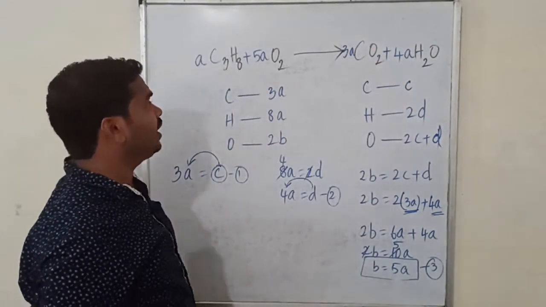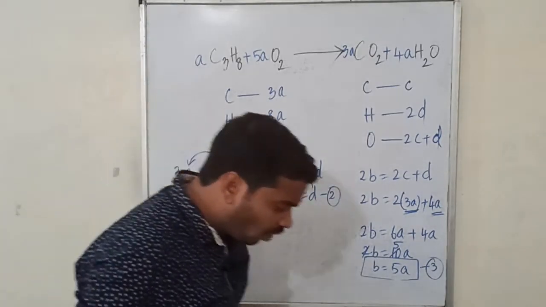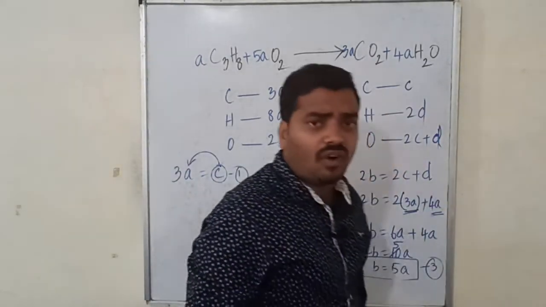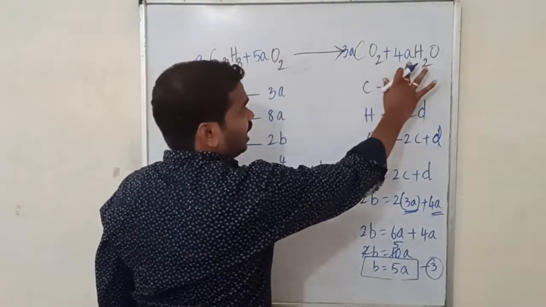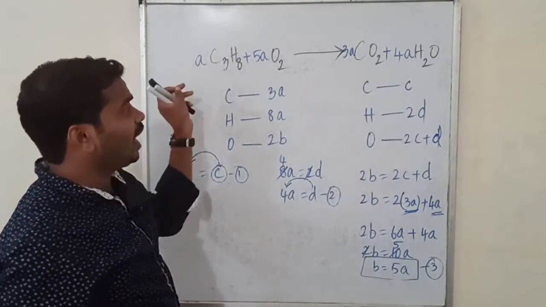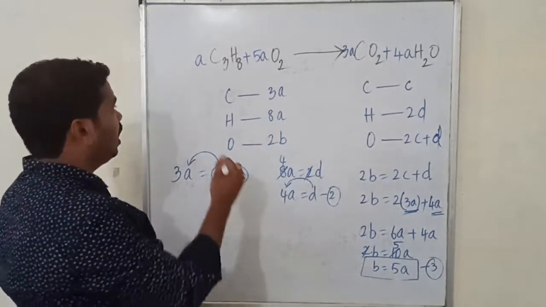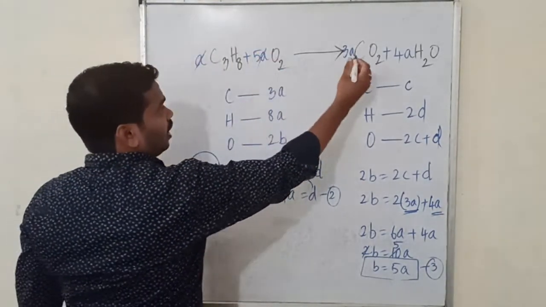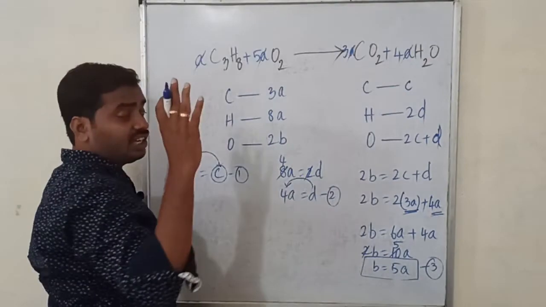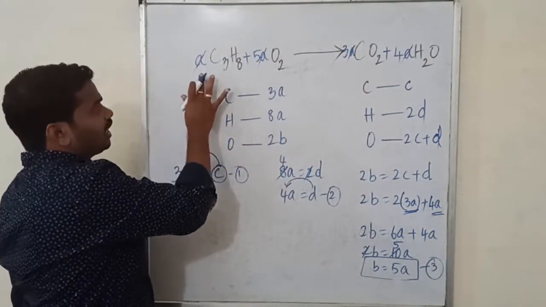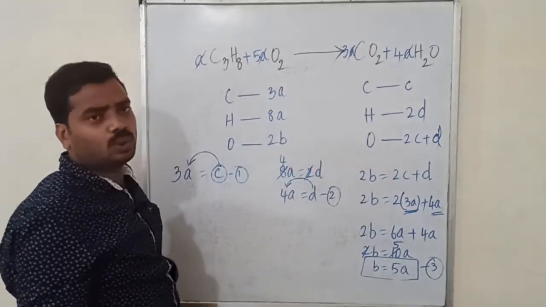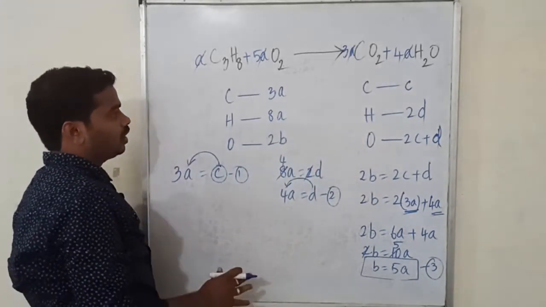Now what you do is, just observe all the coefficients. All the coefficients contain A. So you can divide the entire equation by A and you can remove A. If everything in the entire equation contains it, then you can remove it. Similarly, if all of them are multiples of two, you can cancel out the two. I will show you that, okay?